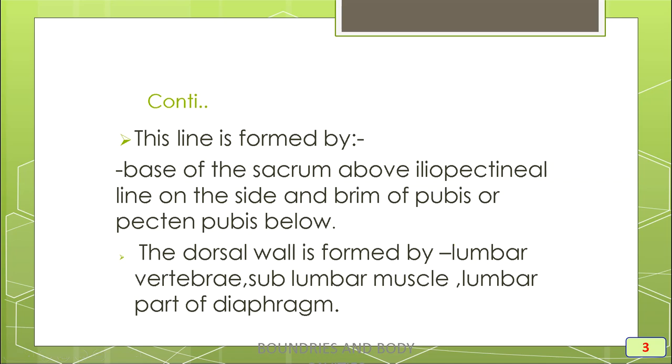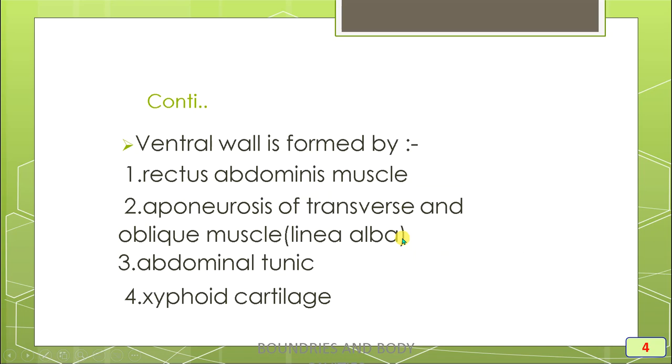So the boundaries of this line are formed by the base of the sacrum above, and the iliopsoas muscle. Then the dorsal wall is formed by the lumbar vertebrae, sublumbar muscles and the lumbar part of the diaphragm. And the ventral wall is formed by the rectus abdominis muscle, the aponeurosis of the transverse and oblique muscles,